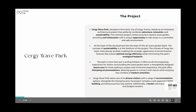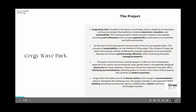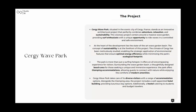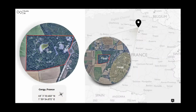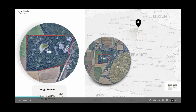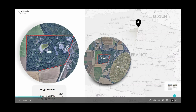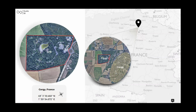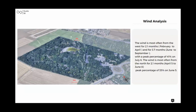So what we had received as a brief was a very innovative architecture project that we had to combine with adventure, relaxation, and sustainability features. The site is basically around 1,20,000 odd square feet of land, which comprises the central water body area, existing development, and part for a future development also. So we have a basic study done around the vegetation,